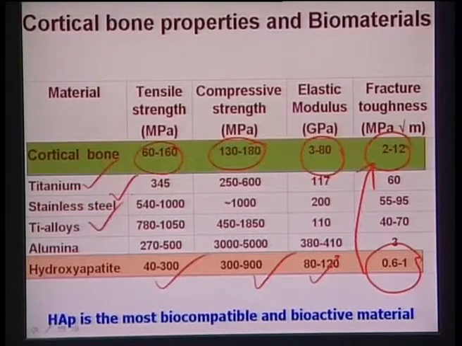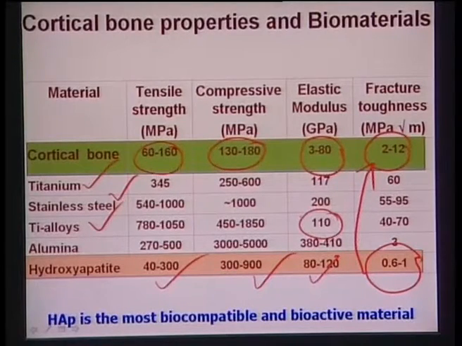Now if you go to other metallic materials, for example titanium, stainless steel or titanium alloys, again you see their elastic modulus is higher, around 110 or 120 gigapascal, which is higher than cortical bone. If the difference is too high, as I mentioned in an earlier lecture, it can cause aseptic loosening, because the material itself will bear most of the load. If you look at stainless steel, it has an elastic modulus of 200 gigapascal. That shows that the stainless steel elastic modulus is more than double that of cortical bone, even the highest bound modulus.